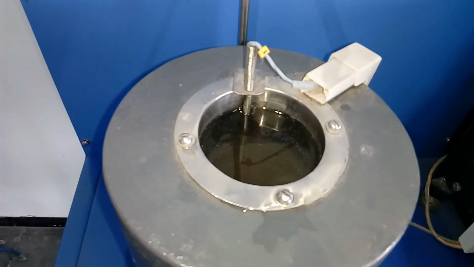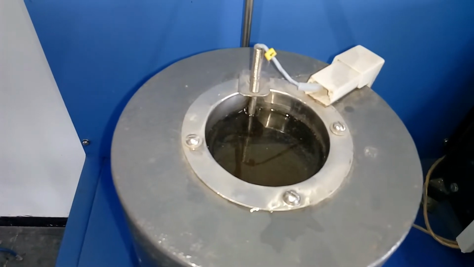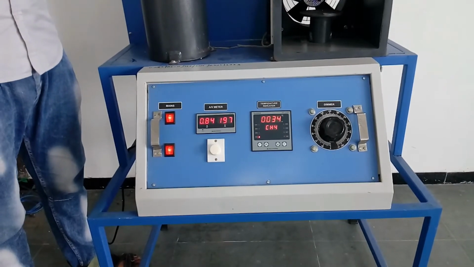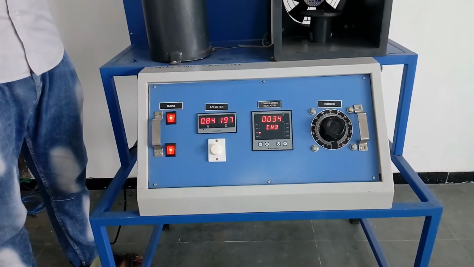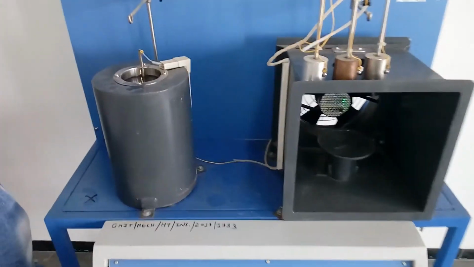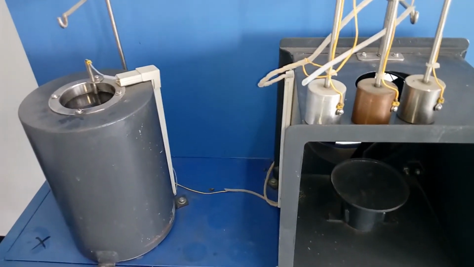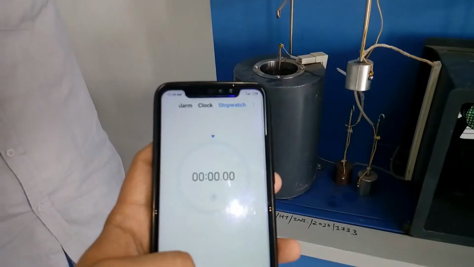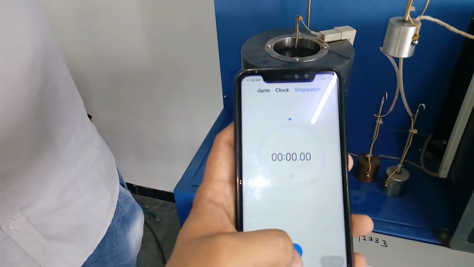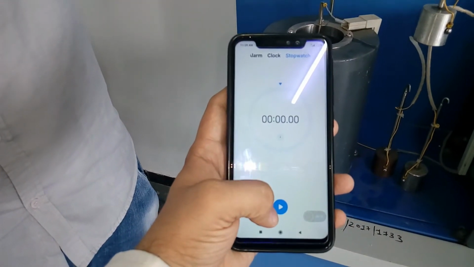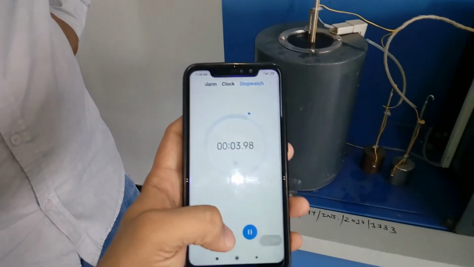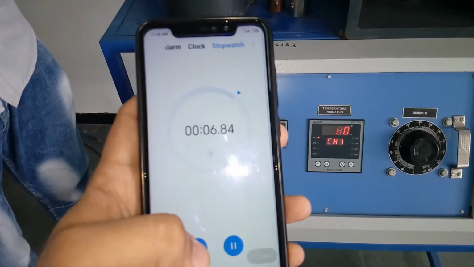As you can observe here, some steam formation is also happening from the water bath. See here students, our temperature channel 1 has reached 80 degrees. So now we take one specimen, the aluminum, channel number 2, and we put it down in our water bath. We put our aluminum bar in as we start the stopwatch. Now we put it down in the water bath. After 15 seconds we take the readings of channel number 2. We'll record everything.